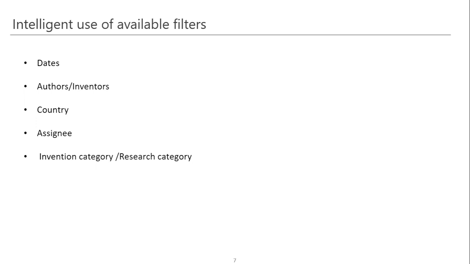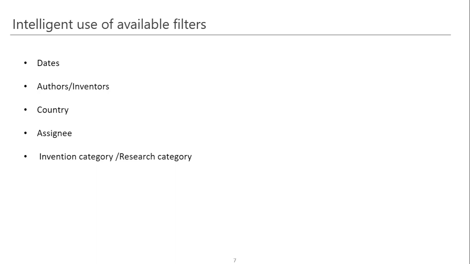Another thing is that we have to use the available filters in a very intelligent way if we want to develop an effective search strategy. Most of these databases, whether it is a free public database or a paid database, have these filters. They will provide you some sort of date filter, be it the filing date of a patent, or the publication date of any scholarly or technical article in a tech journal like IEEE or ACM. And again,